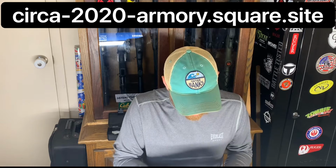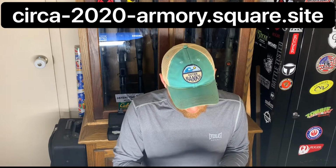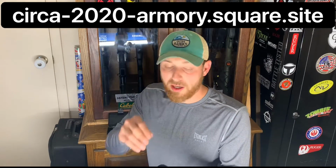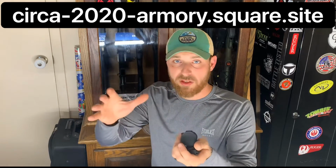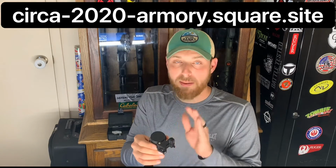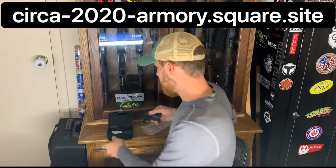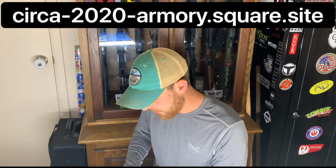I don't want to talk down on the 33 because it served me well for a long time now, and I love that magnifier. The 43 is good, still a 3x magnifier. You can still center your red dot or your reticle, whatever you're centering. It's just a little bit shorter than the 33, but the same great mounting system. Everything is just awesome, guys. Love this G43. I do know the price of this offhand,